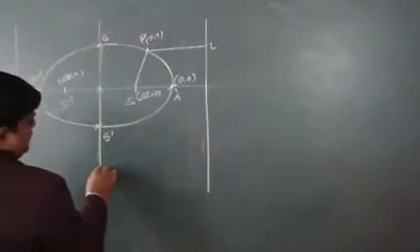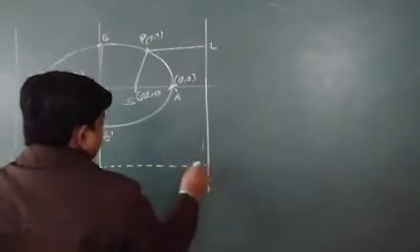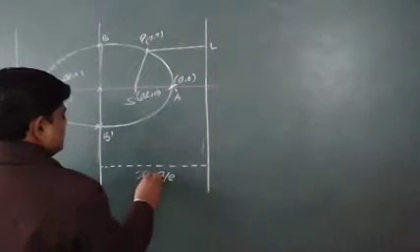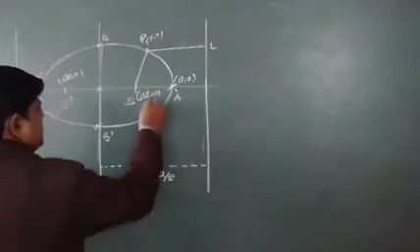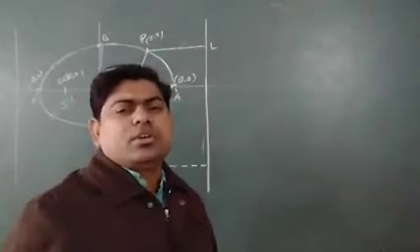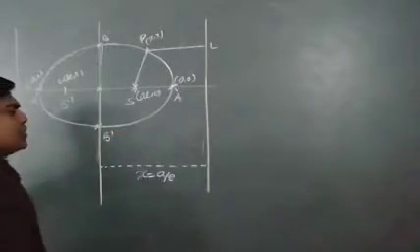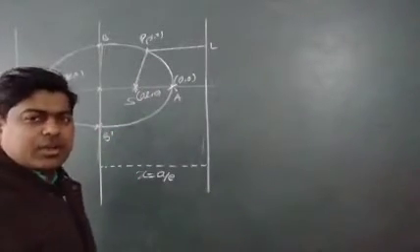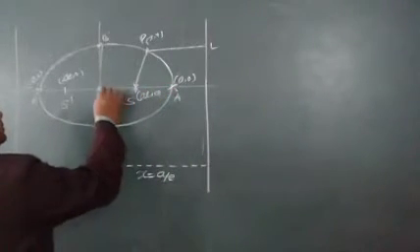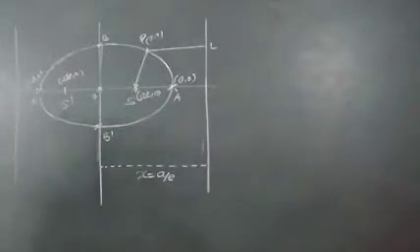The last one is the distance between the origin and the directrix. It is x equal to a upon e, where e is the eccentricity. E is a new word for you. It is eccentricity, that is equal to PS upon PM. In some books it's written that e is the ratio of the focus distance and the semi-major axis, or I can say OS and OA, whatever is there you can see.